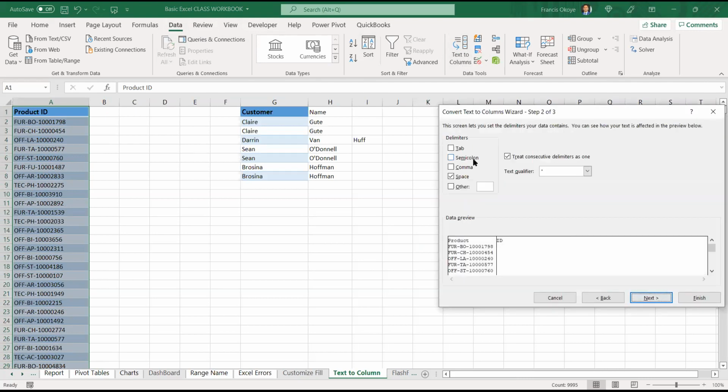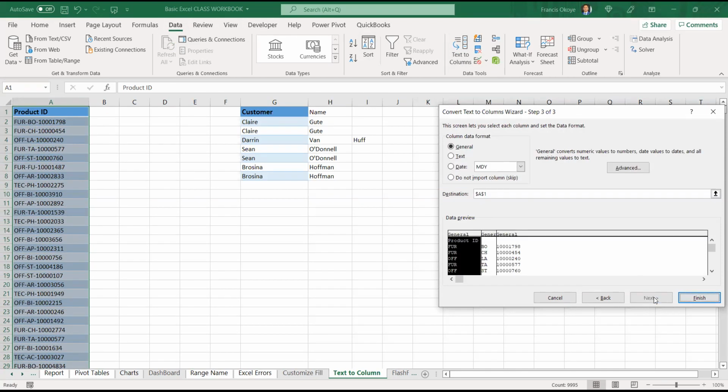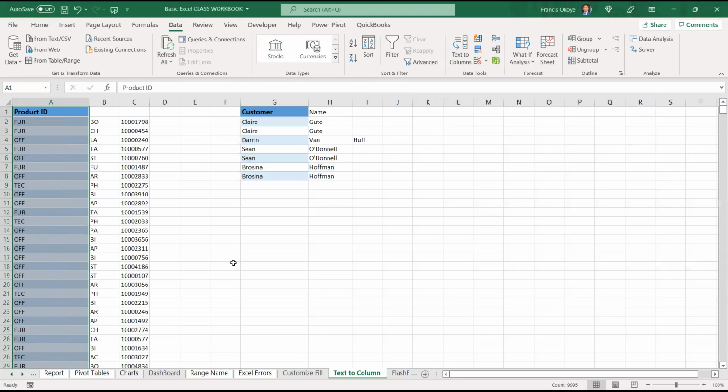How do you want to separate them? Semicolon. Do you have any semicolon here? No. So how are they separated? Hyphen. Next, finish. And I'm done.